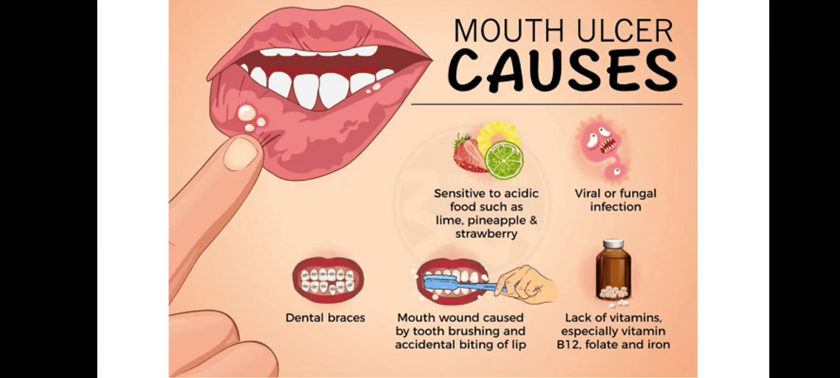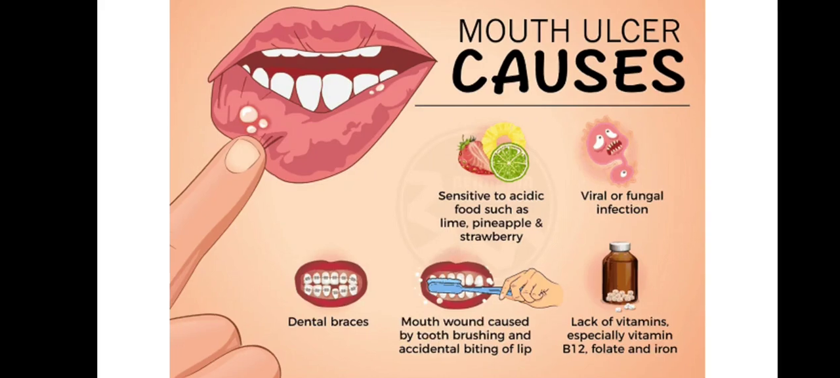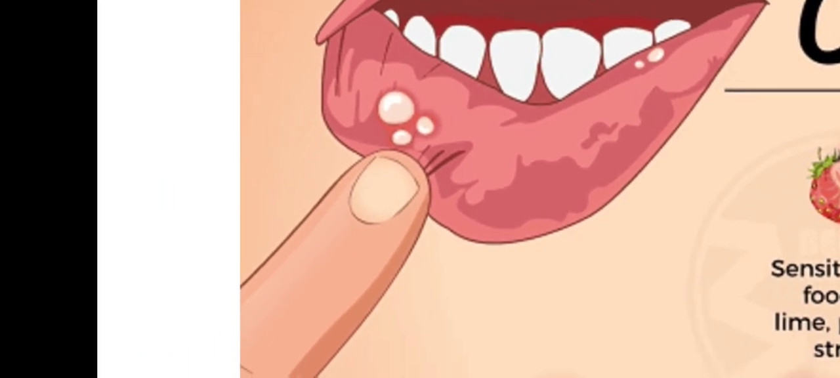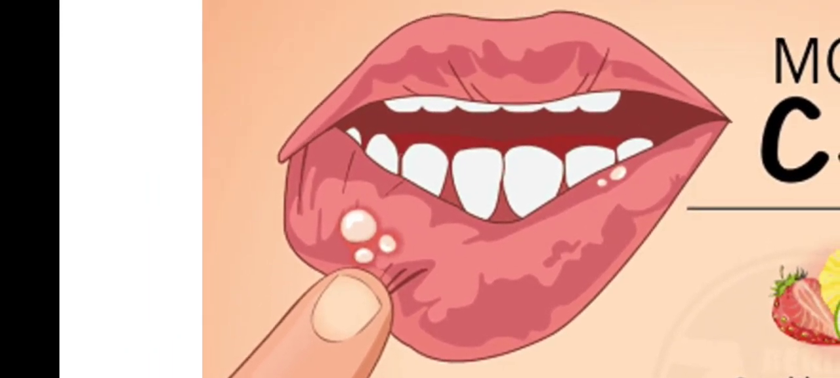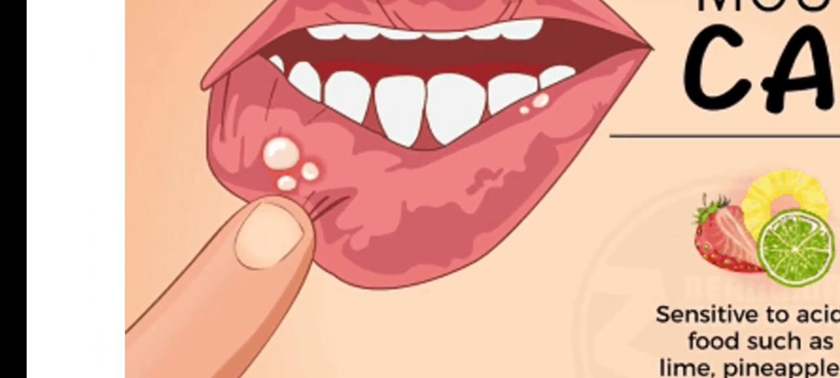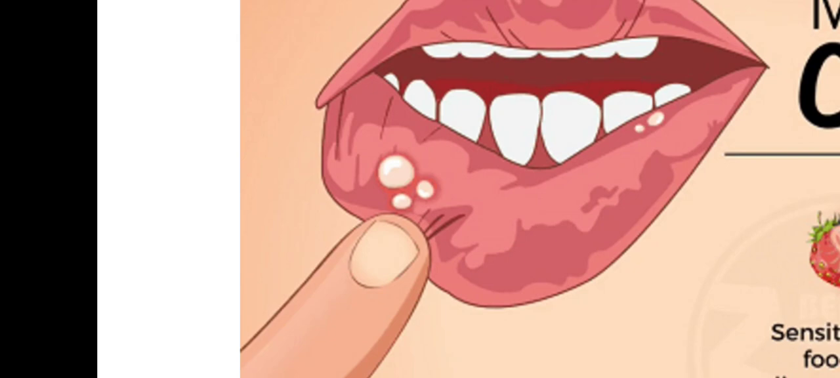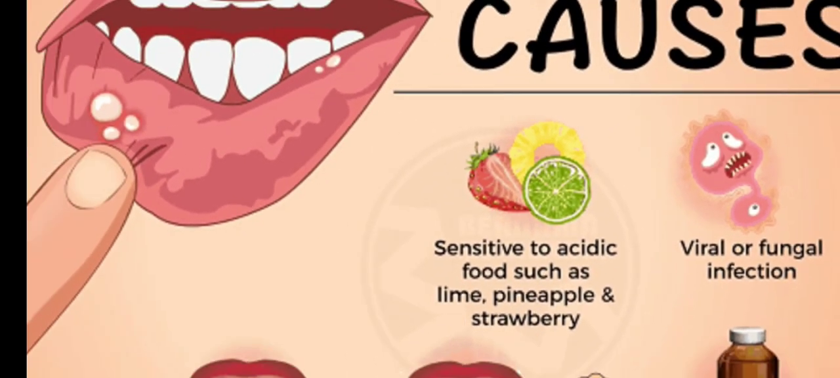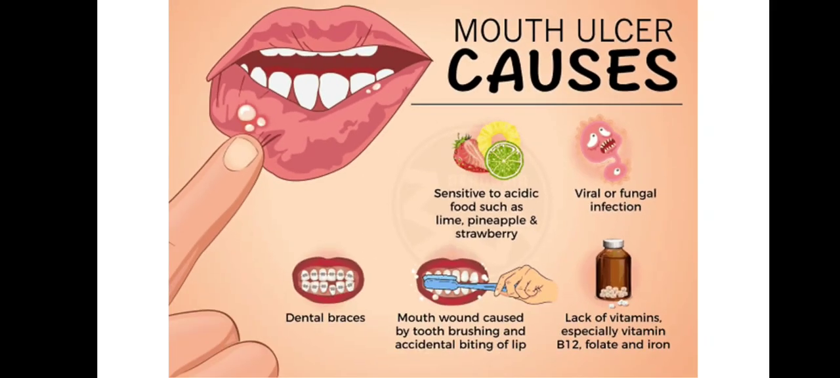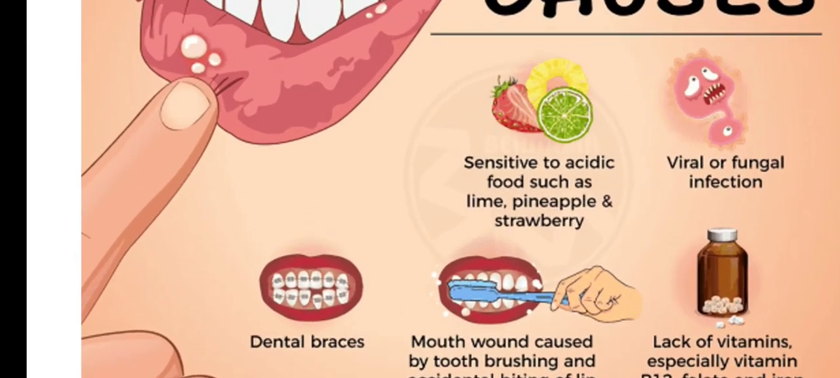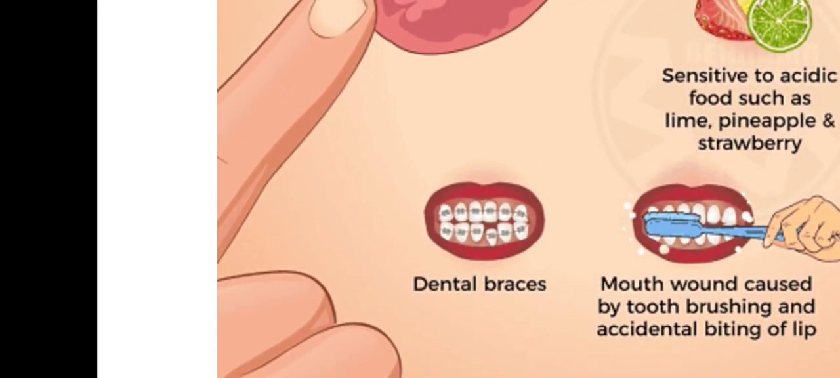So if we talk about a very general mouth disease, that is a mouth ulcer. You see here that this mouth ulcer looks like an ulcer on the lip, and no, this is not a lip, it's actually the internal part of the mouth. It might be due to a viral infection or a fungal infection, or it might be taking place due to dental